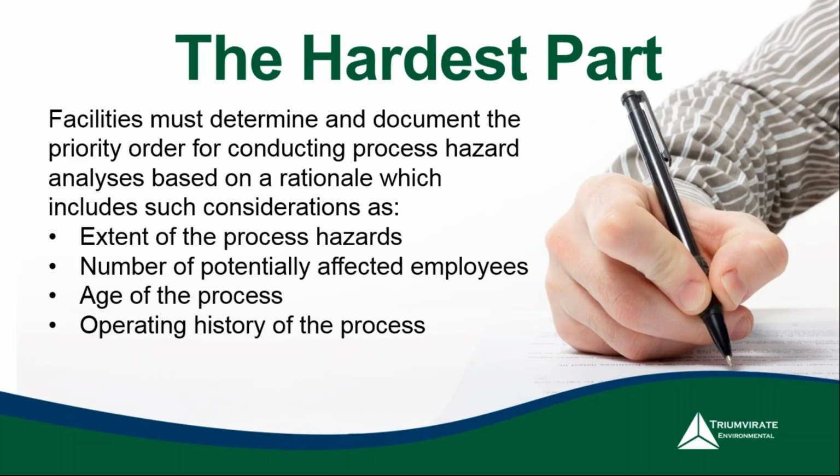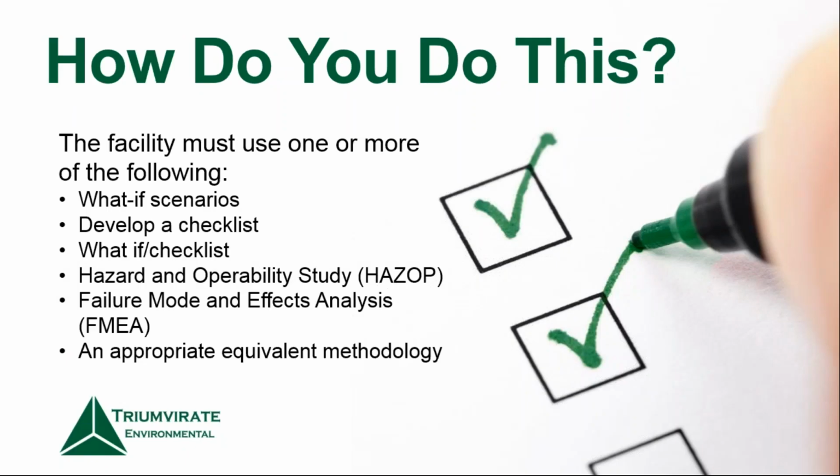Then from there, you have to determine, document and prioritize how you are going to do this, okay? How much are you going to do? How are we going to do it? And why are we going to do it? And then from there, how do you do this? Well, OSHA says you have to follow one or more of the following,